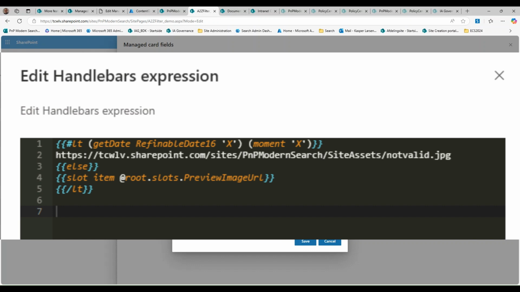We use a moment.js function on this one that converts it into ticks. That's what this refinable date 16 does, and then converts it into x. X converts it into ticks. So we compare that value with the value over here, which is sort of like today measured in ticks. So if today is greater than the refinable date, versus the expiry date, so the content has actually expired,